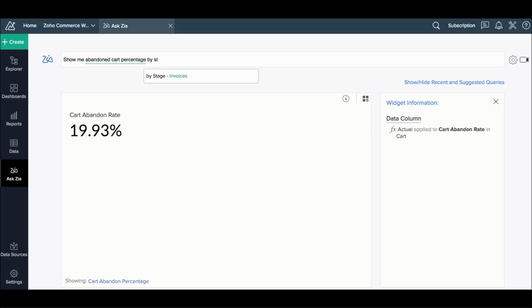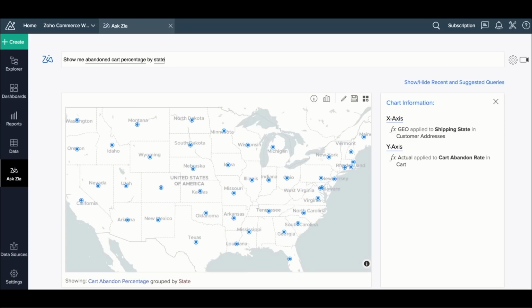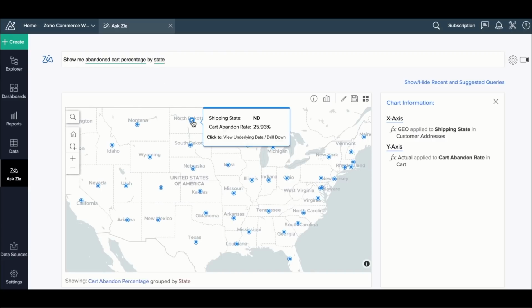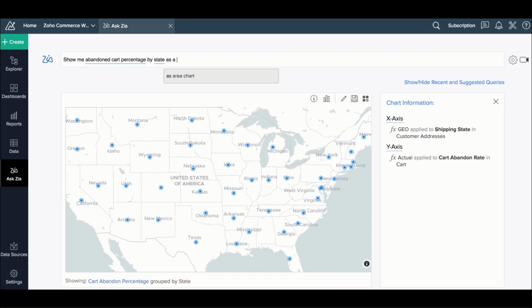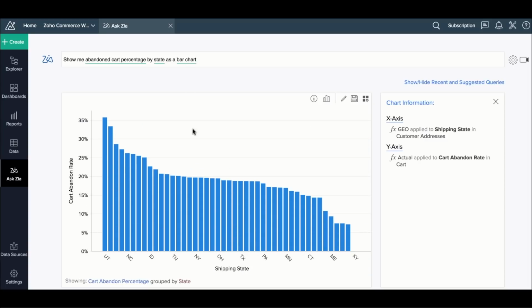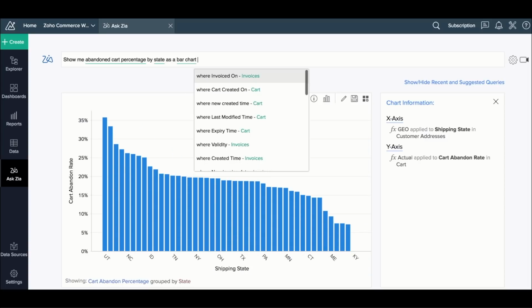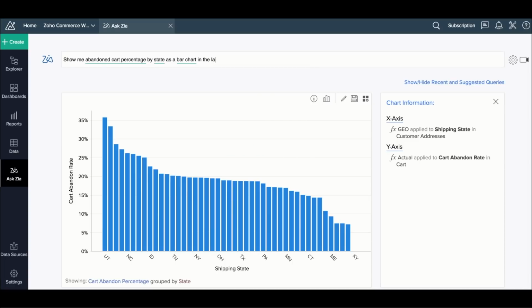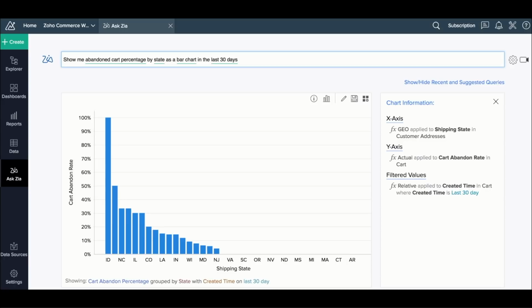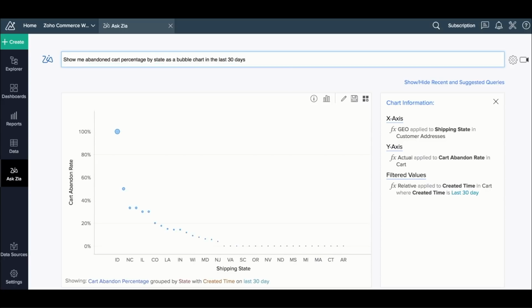Or you can add that you want to do it by state, and Zia will dynamically create a map chart for you. And you can say maybe as a bar chart, because a map chart may not be the best one. So you can see that information live. Or you can say, I want to get it in the last 90 days or 60 days, and then Zia will filter the data dynamically and show that information for you. And you can say, instead of a bar chart, I want to see a bubble chart.